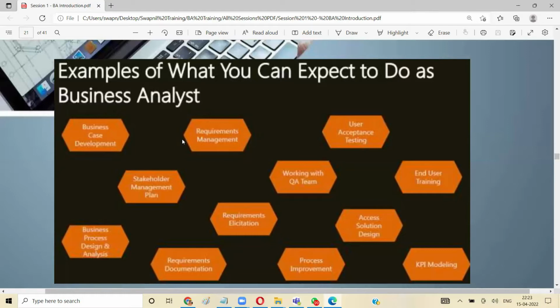So as a BA, of course, you need to understand the different KPIs. You have to understand different KPIs, and when you are performing any job, that's where you will have to tell, or you have to